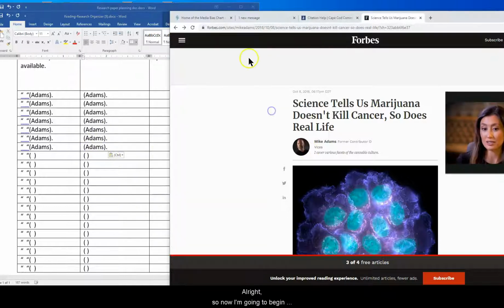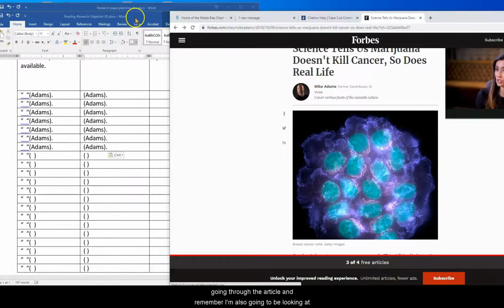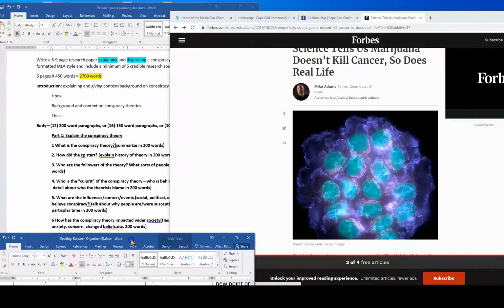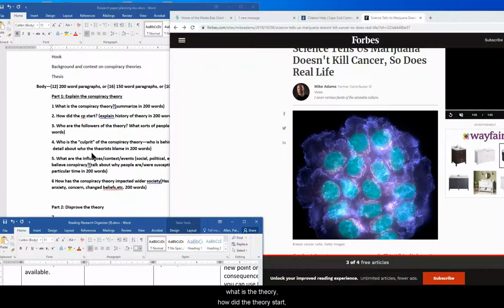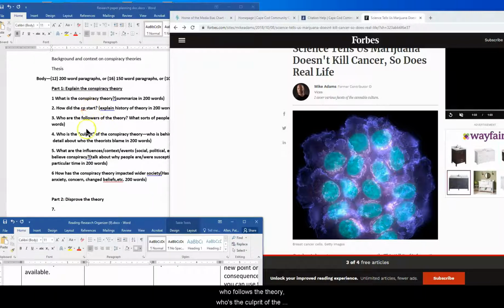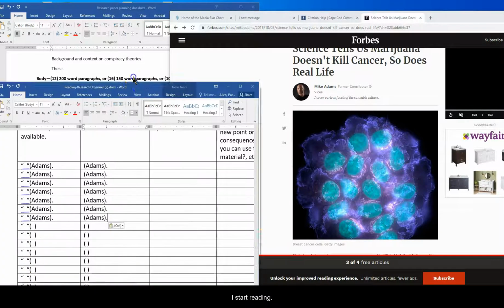All right, so now I'm going to begin going through the article. And remember, I'm also going to be looking at these questions, and I'm going to remind myself of them. What is the theory? How did the theory start? Who follows the theory? Who's the culprit of the theory? Who's behind it? Who do the theorists blame? And what are the influences in our society that are sort of stoking the theory, and then how has it impacted our greater society? So those are my questions. I'll start reading,